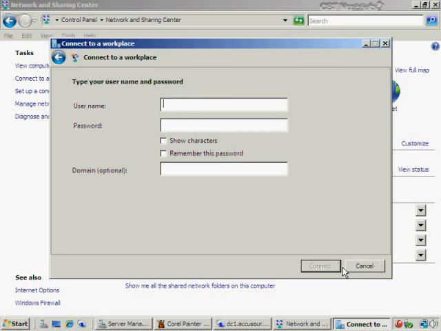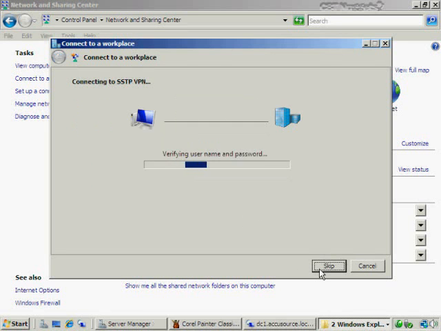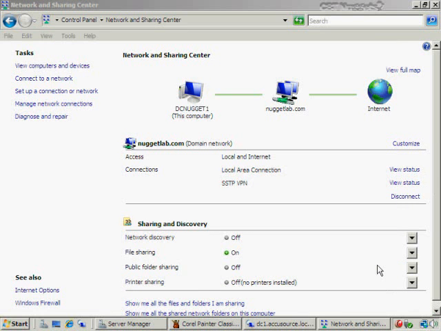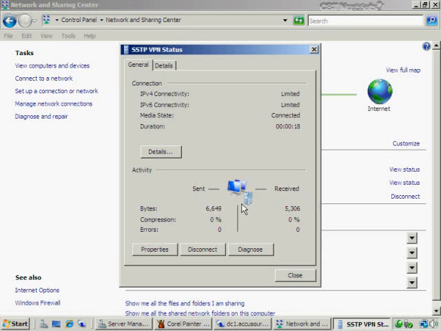I'm okay with connecting now, so I'll go ahead and enter credentials. Once I've entered credentials here and clicked connect, you'll see that I am making a connection. So I'm going to pause while I enter those, and then I'll resume when the connection starts. I entered the credentials, and now it's verifying my username and password. And once it gets to registering, normally you're going to connect successfully if it says registering. I just found that by experience. And once that's completed, we now see that I have a connection to my SSTP VPN. I can view the status and confirm that I am sending and receiving traffic, and I can disconnect whenever I'm